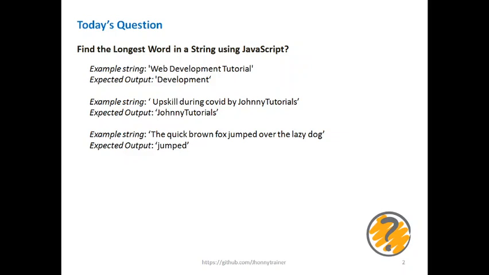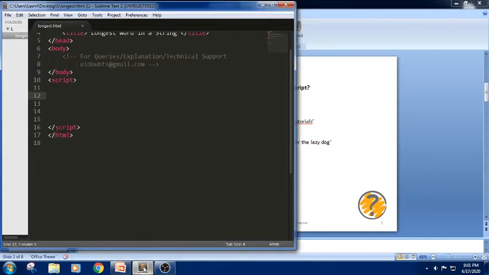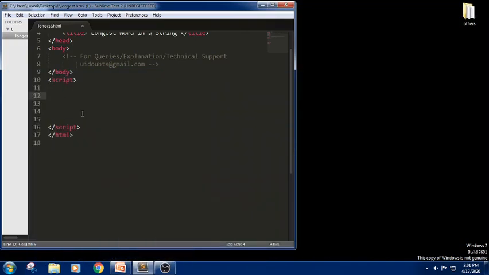So let us look into this part. Let us jump into Sublime Text, the editor. Now we are going to write code. First, we will understand how to declare a var. We are declaring a var for variable declaration, and I am taking a string str here. I am writing hello, and I am trying to display this.